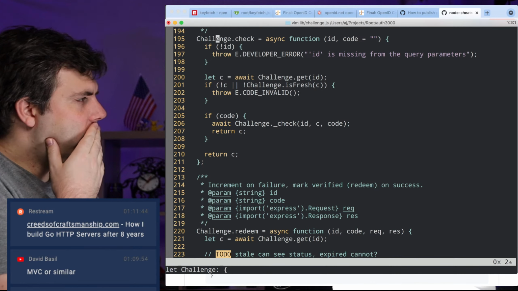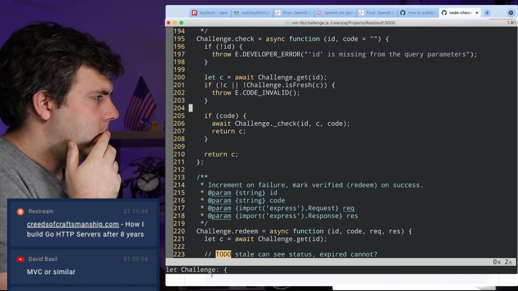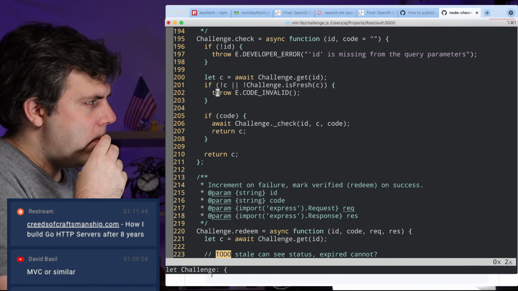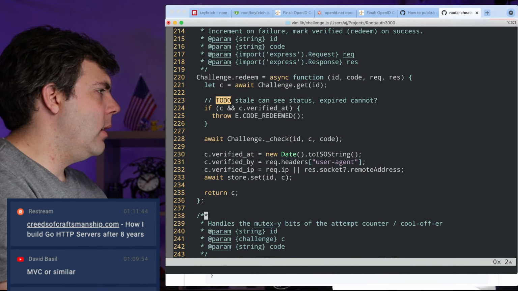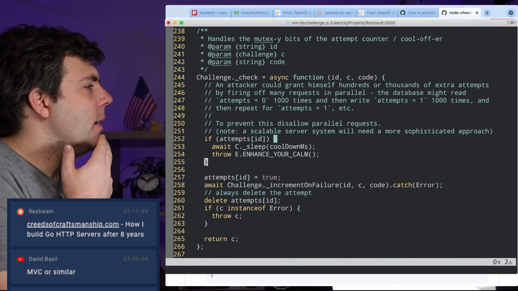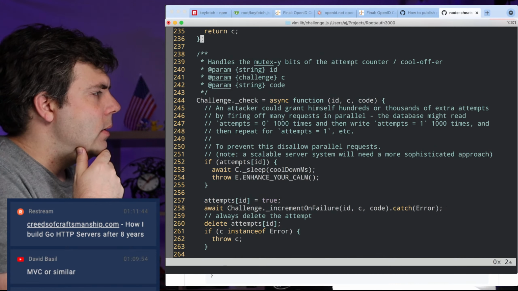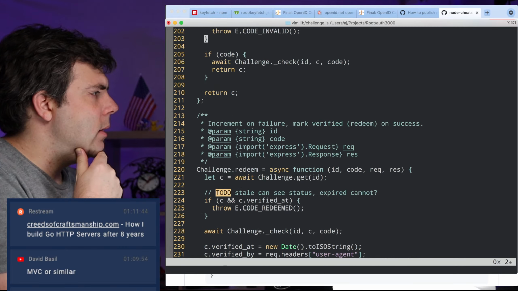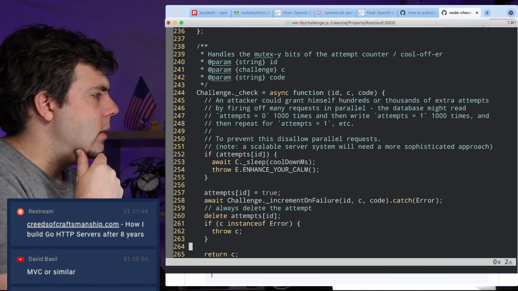But in both of these cases, let's see. The reason, why are we letting it go all the way down? Because there's the if attempts. So could I just move that up ahead in these two places? And would that make more sense?